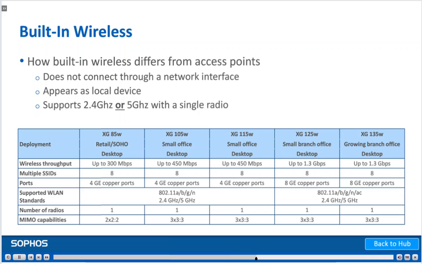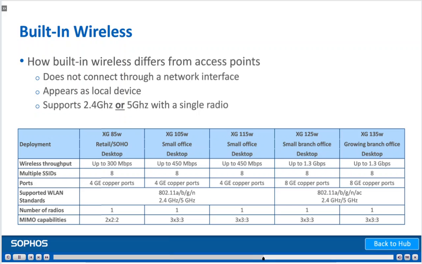All of the appliances with built-in wireless have 3 external antennas which support 3x3 MIMO, except for the XG85W, which has 2 antennas supporting 2x2 MIMO. They support both 2.4 GHz and 5 GHz frequencies. However, as they only have one radio, they can only use one of these frequencies at a time. The XG85W supports